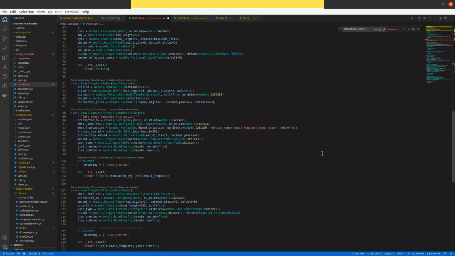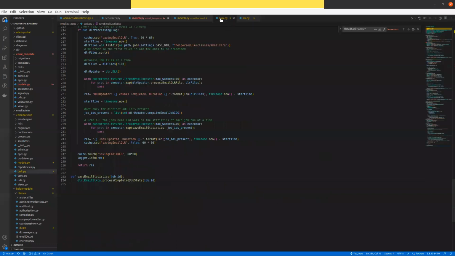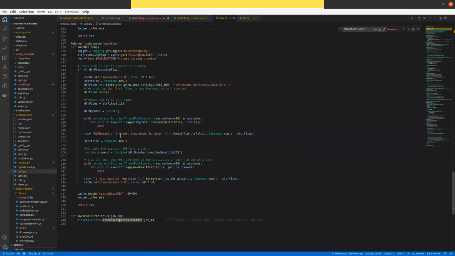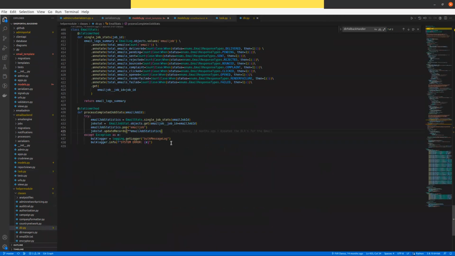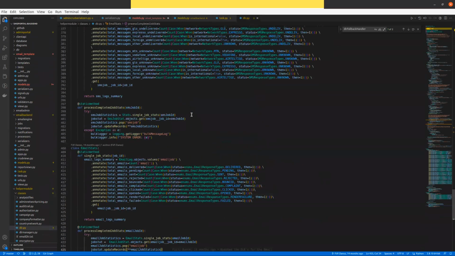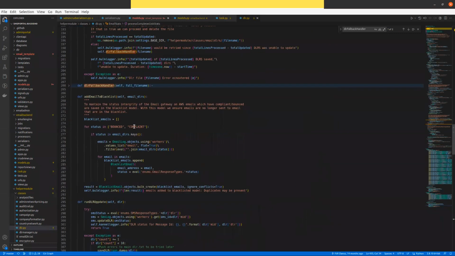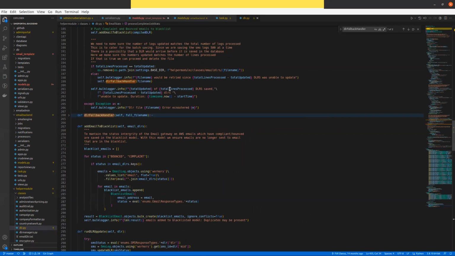One thing I wanted to do but didn't finish doing was, as you can see, in bulk logger,